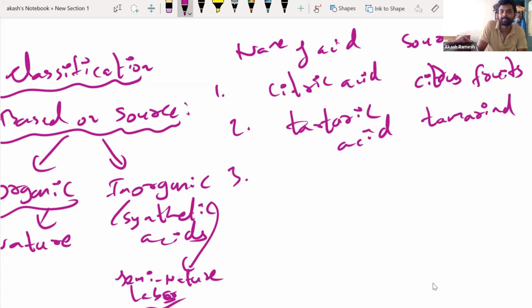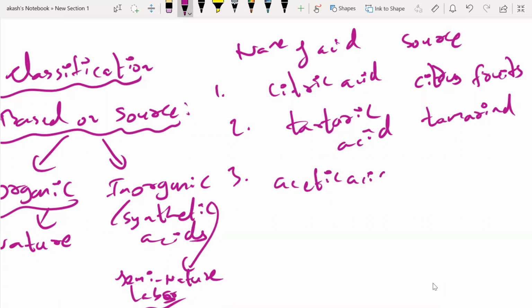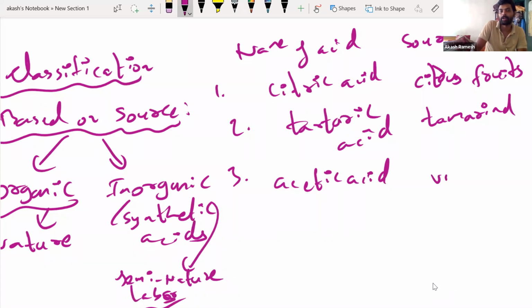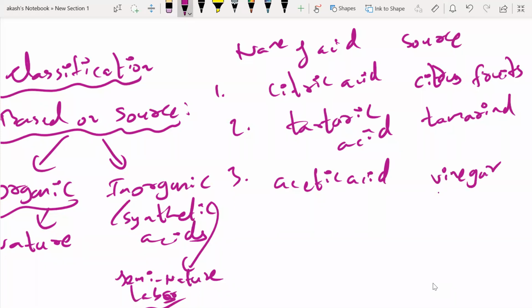Acetic acid. Where do you find this? Vinegar. Now, vinegar is not a natural source. Anyways,